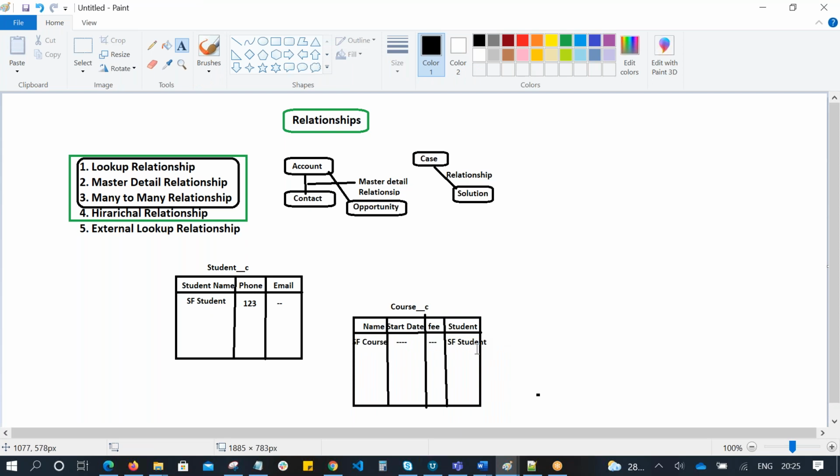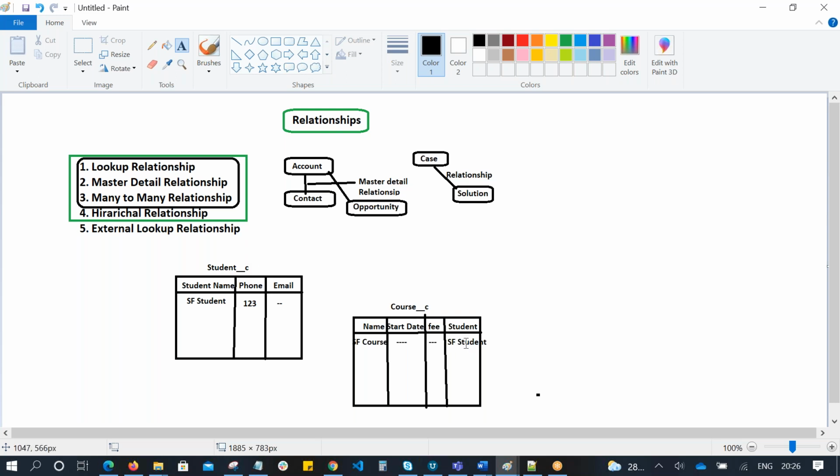If you want to select the parent, there should be a relationship between student and course, because student and course are individual tables, individual objects. As we know, student is an individual table, course is an individual table, but there is no relationship between student and course. If you want to assign this course to a student, we should maintain a relationship between student and course.